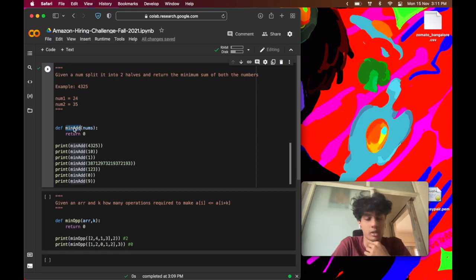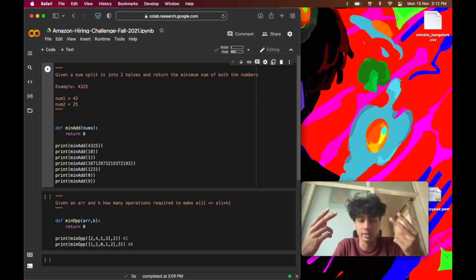So you're given an integer number. You have to split it in two halves such that the sum of the two numbers is minimum. So basically, if you look at this number, you can have one number as 24 and the second number as 35. You can also have one number as 42, 43, or then you have 25. You can have different combinations, and you have to find the two combinations such that